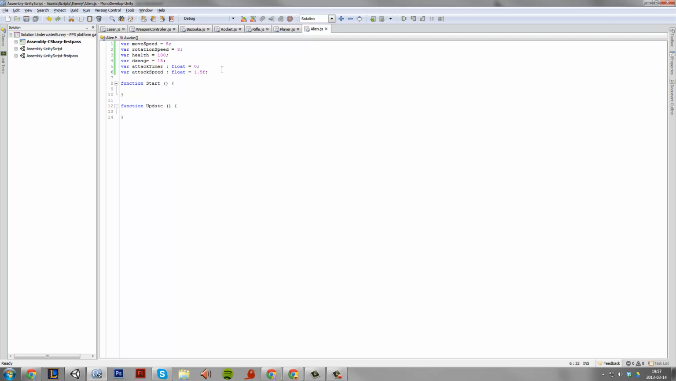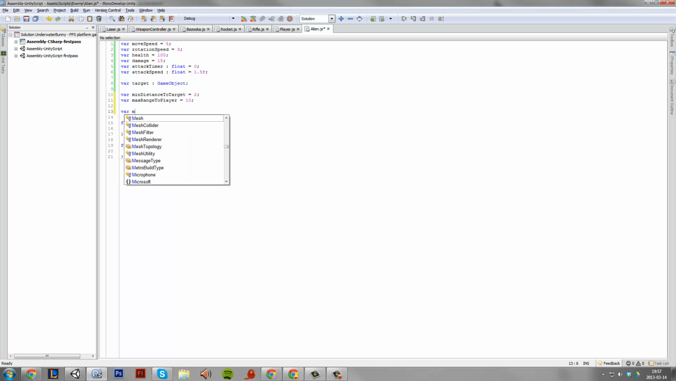So some more variables. Got a lot of them. Target. Make it a game object. This is going to be the player. Var minimum distance to target. Oh, there's a couple more. Max range to player. Set that to equal 10, and var my transform